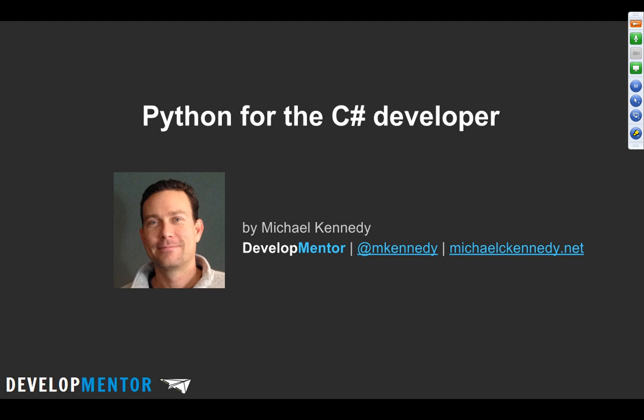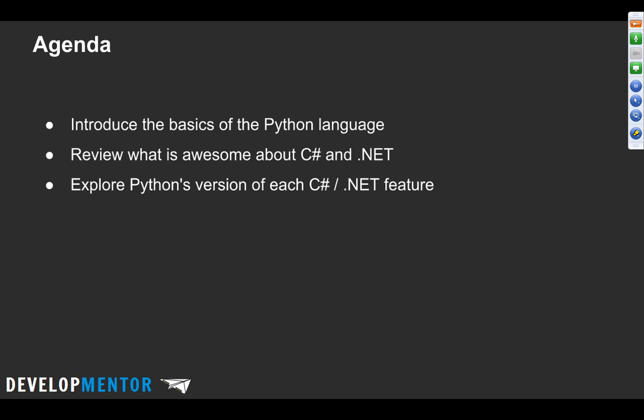So the goal is not to learn how to program in Python, because that takes more than 45 minutes or an hour or whatever we have here, but to look at all of the features of C# and .NET that we .NET developers love and see how almost all of those have a corresponding equivalent over in Python. So I'm both a .NET developer and a Python developer, and I was very struck when I learned a lot of the moving parts of Python, how many similarities there were to C#, not just in the language, but in the ecosystem as well.